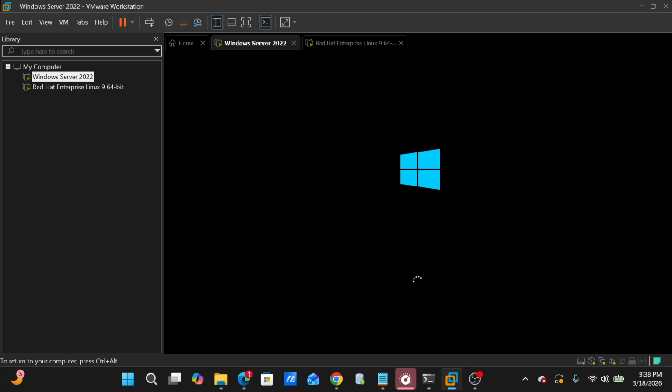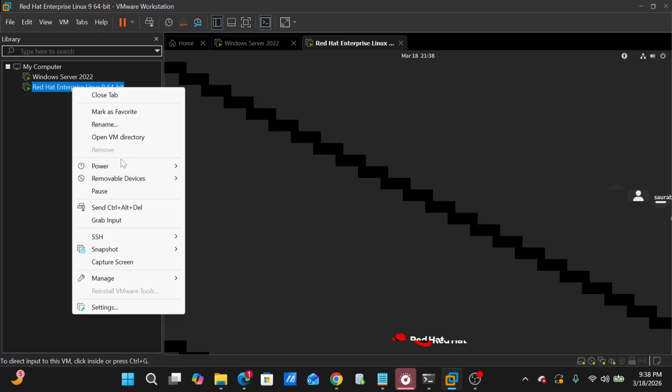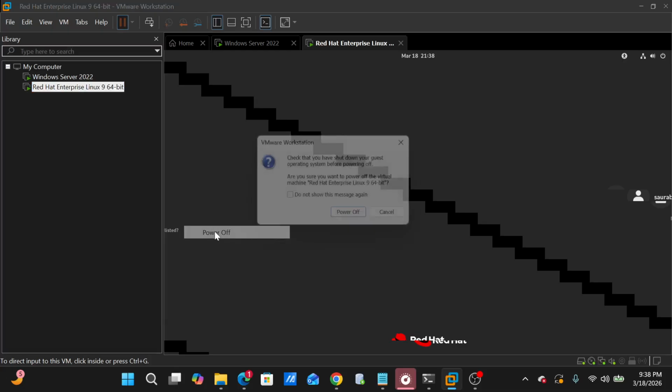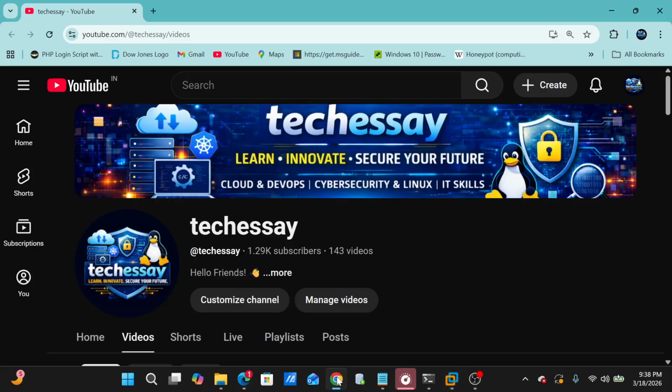Okay, here our Windows server is rebooted. It means everything is done on our Windows server. Now it's done on Red Hat Enterprise Linux. Okay, just 1 minute, we will get it down. Power off this VM because this